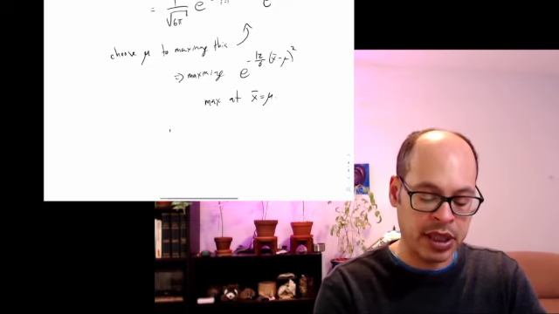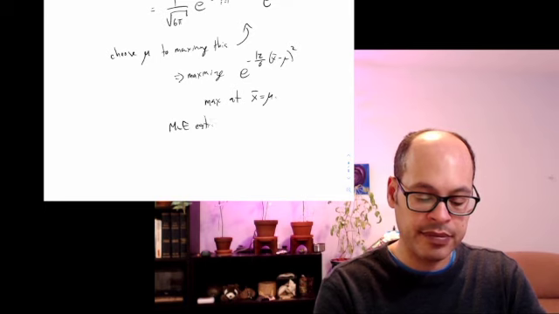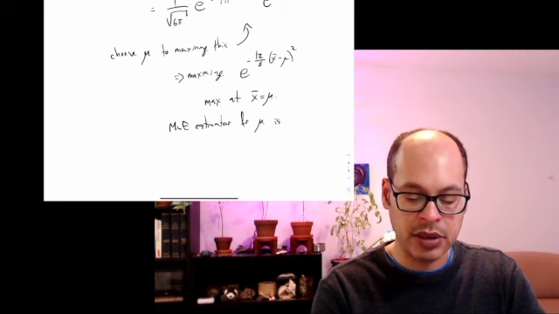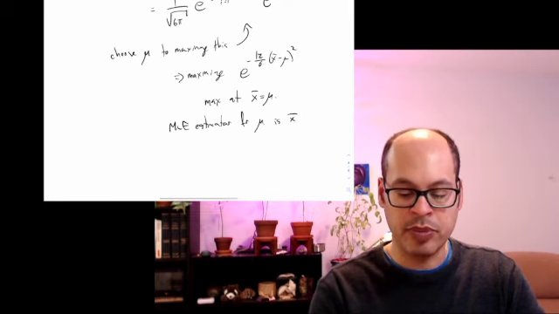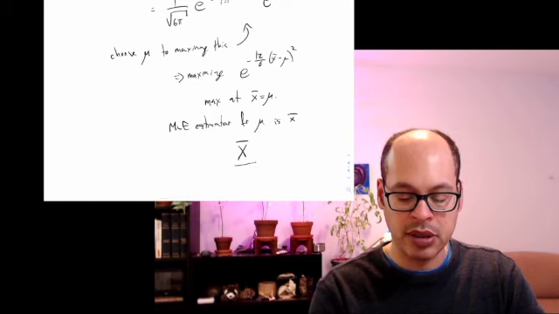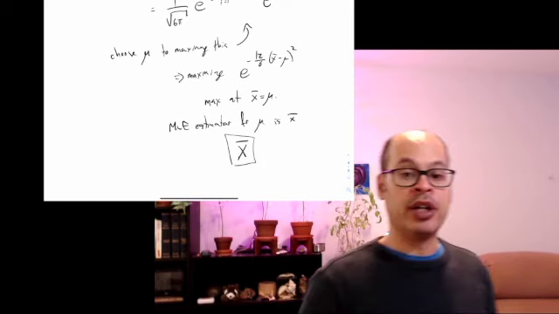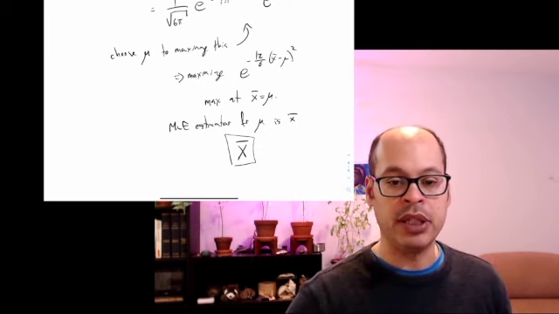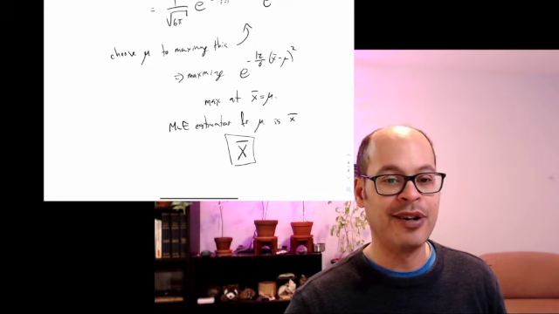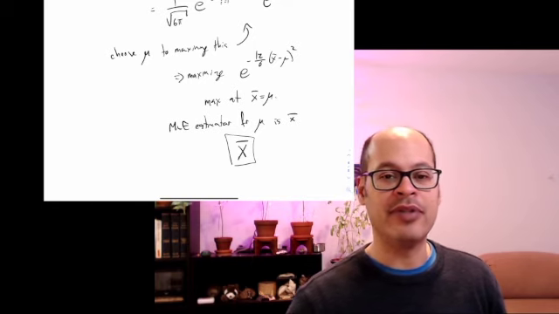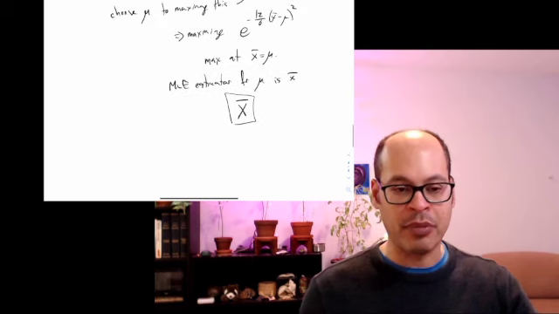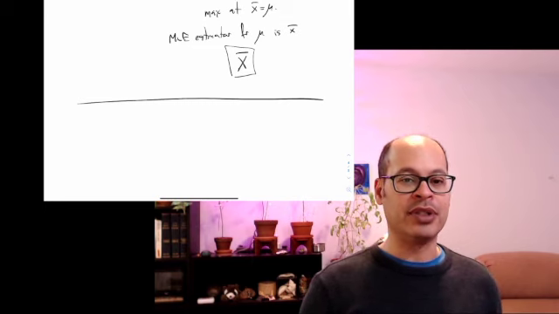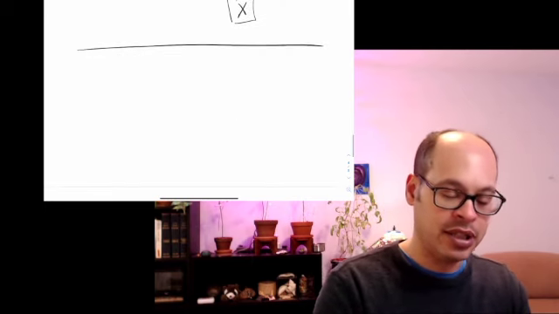And so that means that our MLE estimator for mu is x bar. So in other words, it's the random variable x bar. So in other words, the sample mean is the maximum likelihood estimator for the mean in this particular case. Okay, that was a lot of work for a kind of anticlimactic answer. But spurred on by that wonderful success, let's just take a look at the general case of